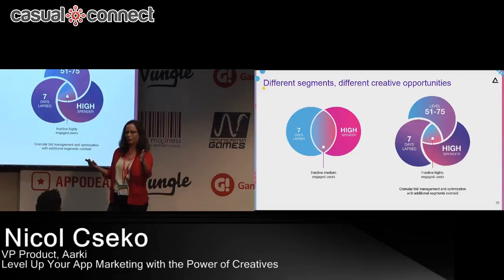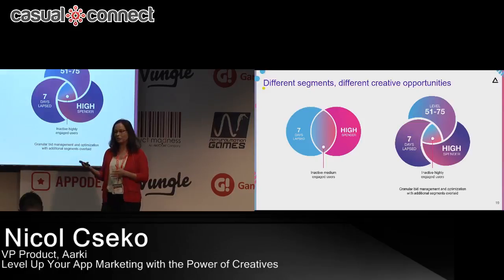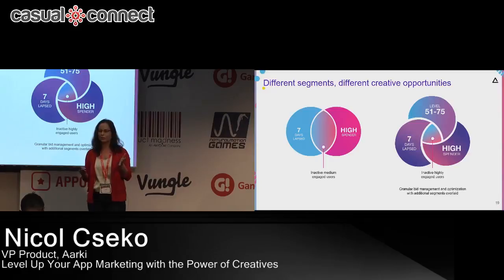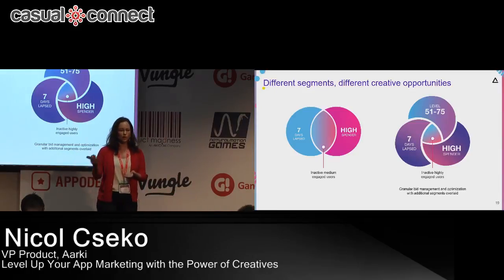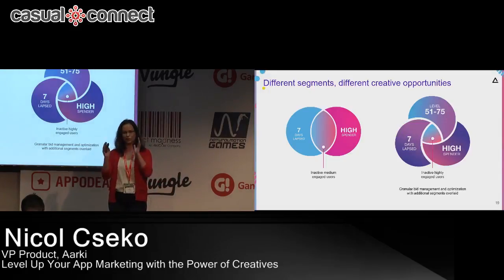So not only are we serving creatives to users based on why we think they've lapsed and what messaging we think will get them back into the game, but our bidding strategy is also taking into account the potential value of a user after they've re-engaged. So for users we think are potentially able to balance volume with cost effectiveness, really high potential users, we may bid more aggressively for them. For users that we think will still perform well after we've re-engaged them, but have not historically been such high value users, our strategy there is to acquire them more efficiently, potentially at a lower cost than other users. And with this, the combination of creative and the media optimization is how we're actually able to drive really strong performance for retargeting. We're not treating a retargeting segment as just one group, from either creatively or from a media